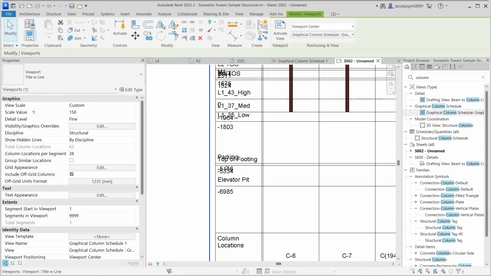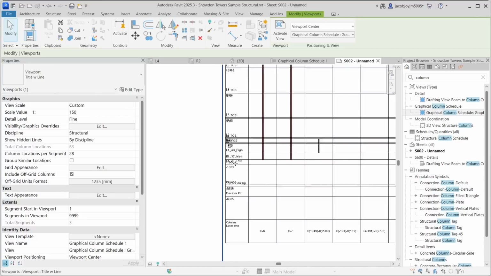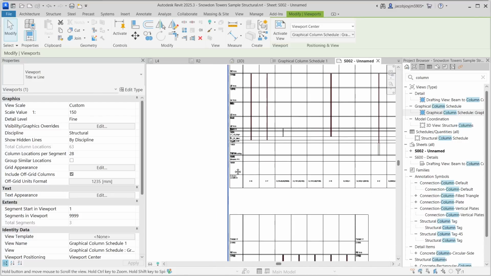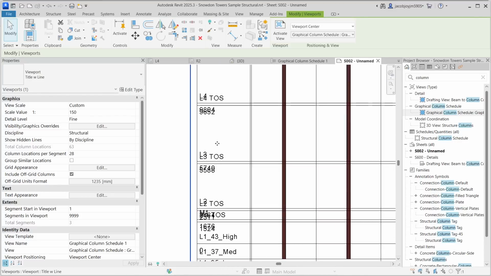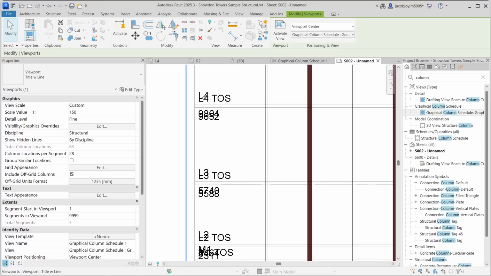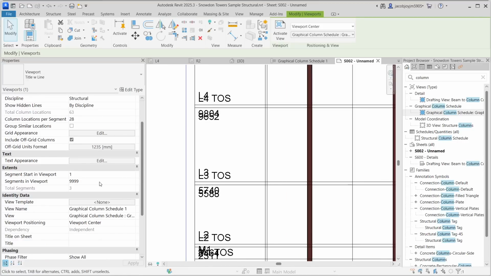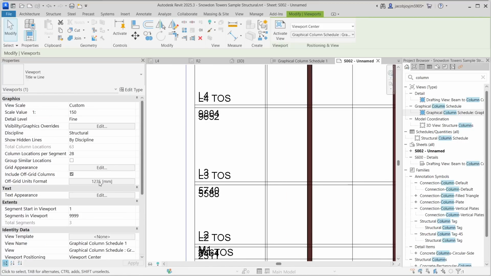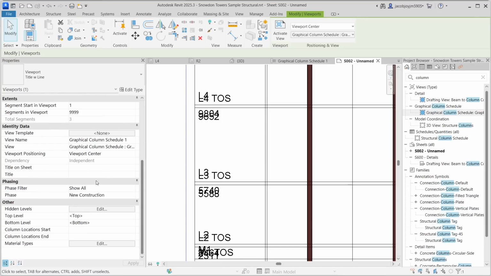So here you can see I need to increase the height here, but I can't increase this. This is default, so I can't increase the height between these lines. So better I can hide some levels. If I go to hide level, there's a parameter called hide levels. So here you can see hidden levels. If you see hidden levels,